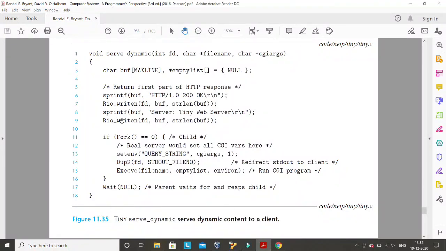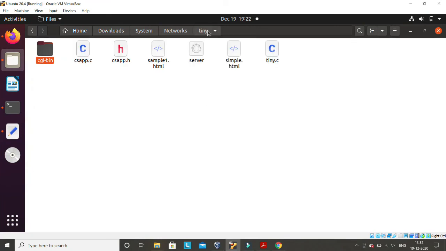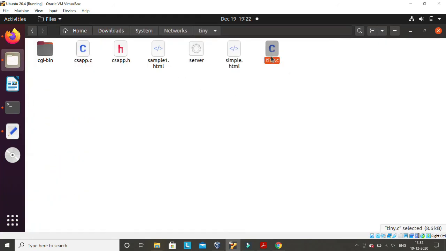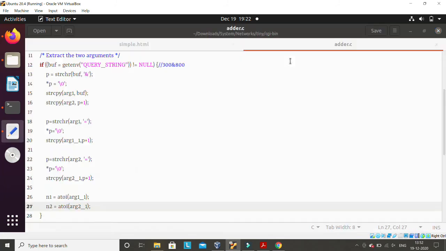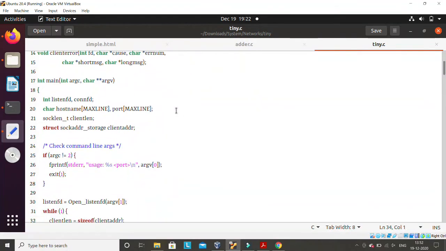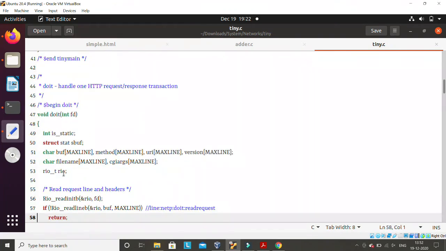One more thing that I have not explained, which is also a concept of your old knowledge. Sir, you may ask that tiny.c is an independent program, right? If I open tiny.c here in a text editor, it's an independent program. It has its own main function, and it is establishing the connection and all. The same thing is written in the book also. Then here there is a do it function.